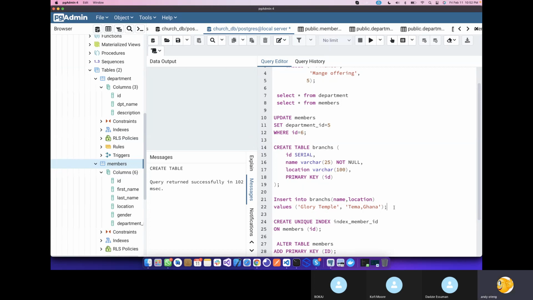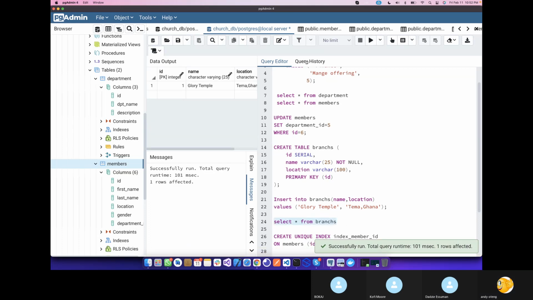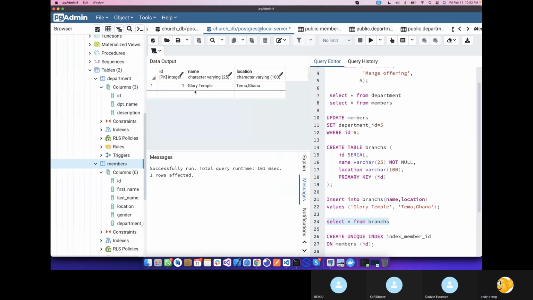We are creating a church app now. So that's it. So right now, if I do select all from branches, I do spell. You should see that automatically an ID has been created for me. We good. Yeah. So if I do another one